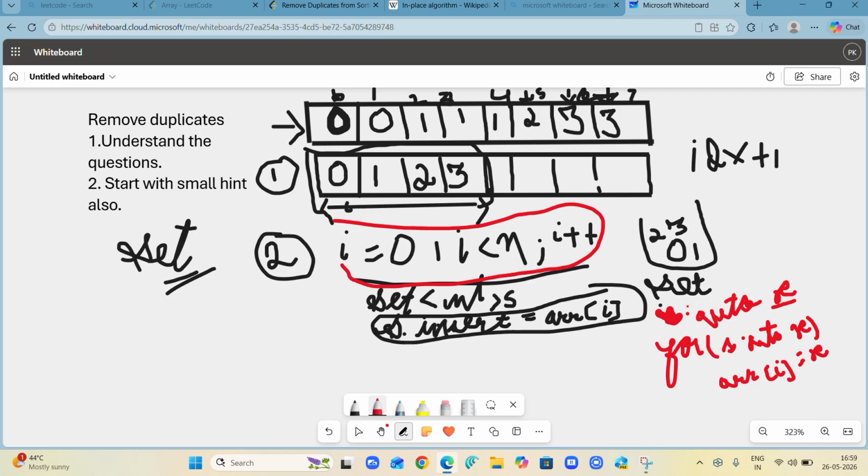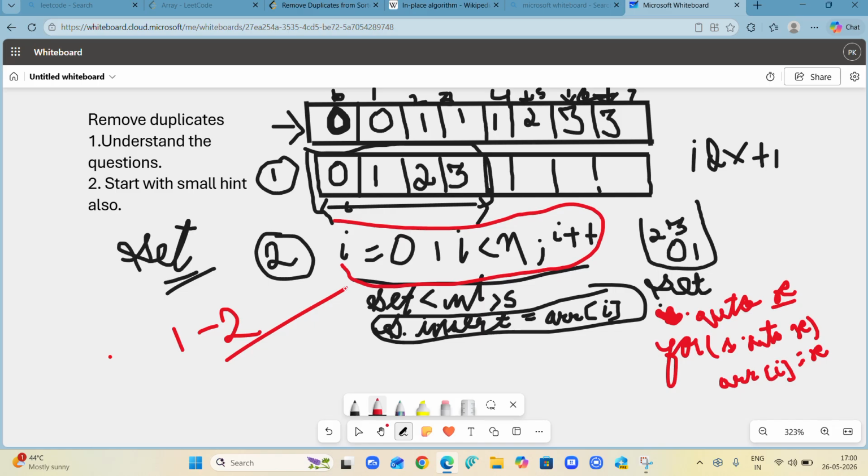Now moving ahead, I have already given you two approaches, and out of the two, one approach is valid in the case when it wouldn't ask you to do it in place. The second approach is valid, you could use it, but for using set, you need to include the header file #include <set>, which while submitting on LeetCode you are not allowed to use.